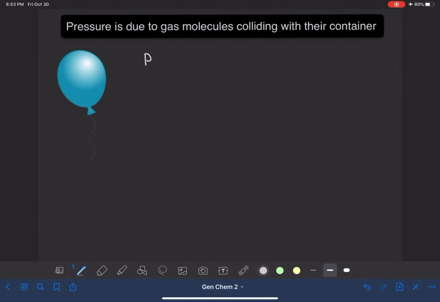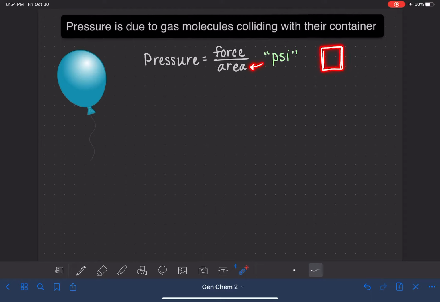If we want to calculate the pressure of a gas, we would do so by dividing the force of these collisions over a defined area of the container. In the United States, PSI is a really common unit for pressure. PSI stands for pounds per square inch, pounds being a unit of force, and square inches, of course, referring to an area. So this particular method of calculating pressure considers the force of collisions in a square inch of the